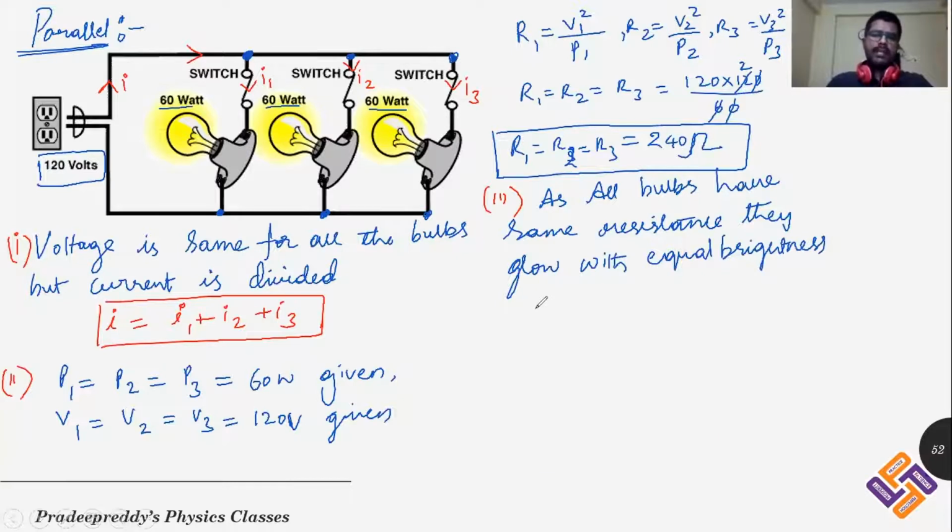All the bulbs will have the same brightness because they are connected to the same voltage and their power consumed is also the same. If at all the bulbs have different resistance in parallel,